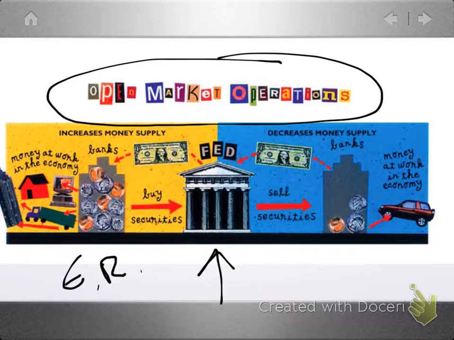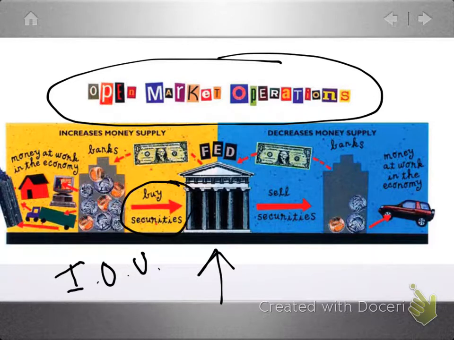Well, banks, they have options with their excess reserves, right? Remember those? Their excess reserves, they could lend to you to buy a house or a car, or if the interest rate is better from the government, they'll lend it to the government, in which case those excess reserves turn into IOUs. Well, what if the Federal Reserve wants more cash in the economy? They can buy all of those IOUs with money that they print, and all that money goes into the vault. Here it is. And then they lend it out as excess reserves go up to have money at work in the economy. Can you see that?